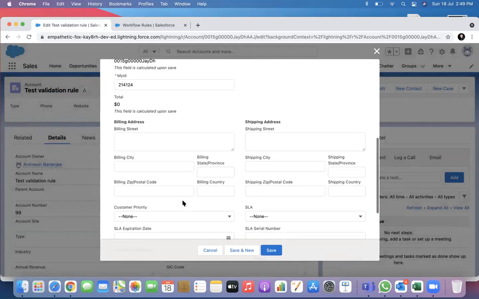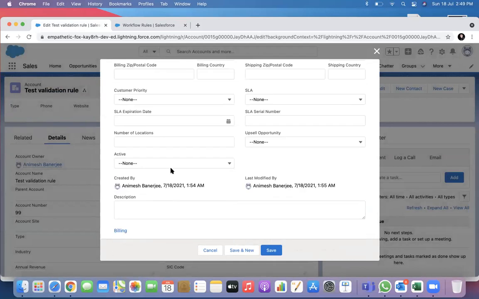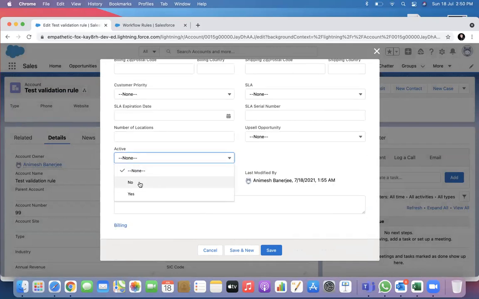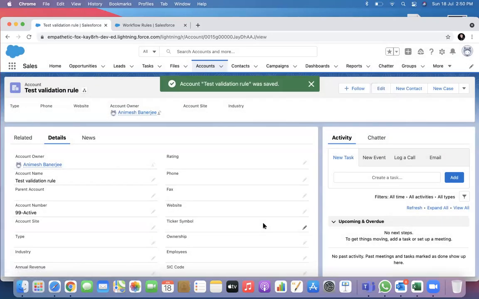Let's put some value. Account number is 99, and I will set this to true. Yes, and I save it. You see, account number is now changed to 99 hyphen active. So automatically the value in this field got updated.